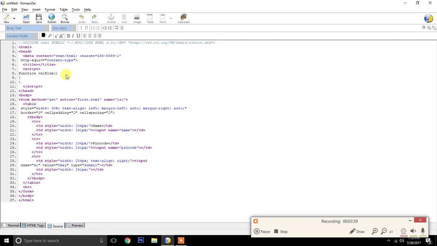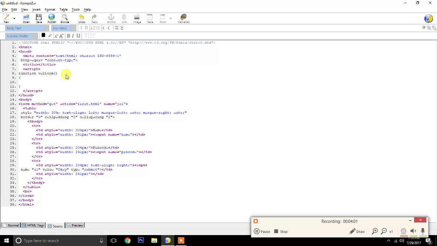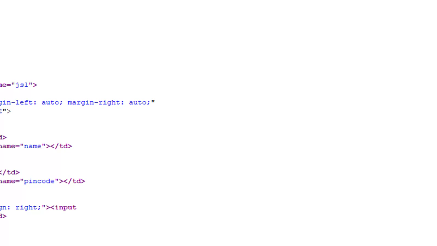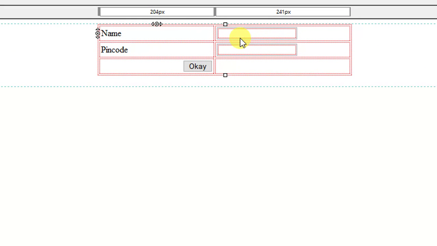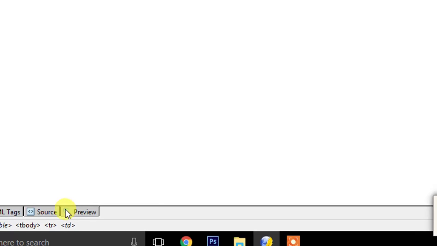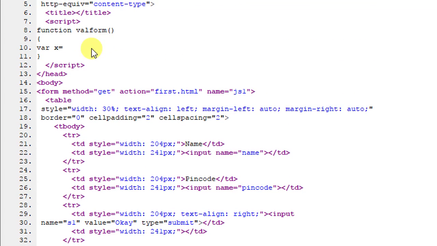Now in the function I am going to define a variable using the var keyword. I will show what a variable is in detail later, but first I want to show you how this application works and what the code is. x is equal to... every time I write the name of this element it will be too long, so I am giving it a pet name, which is also known as an alias, just as you give pet names to your friends.